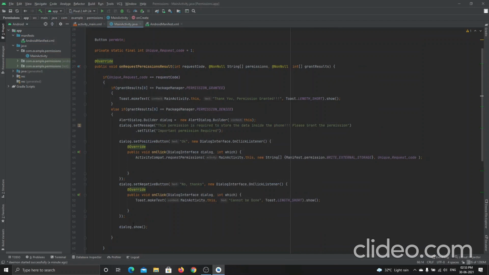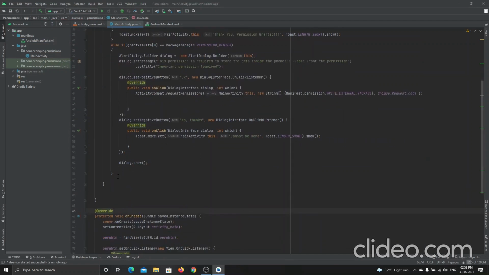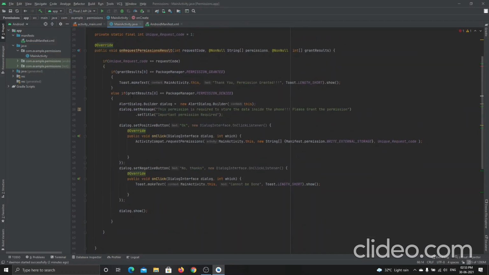To define the else condition here, we want to declare another if condition inside this else if condition. So what happens if I declare an if condition here? It checks for the do not ask again message. If the user clicks the do not ask again checkbox, it will go into the else loop.